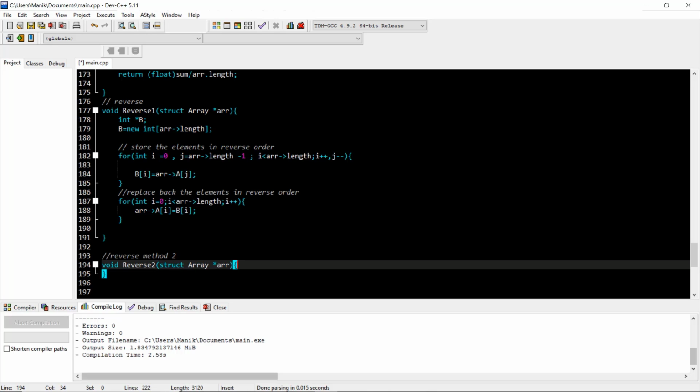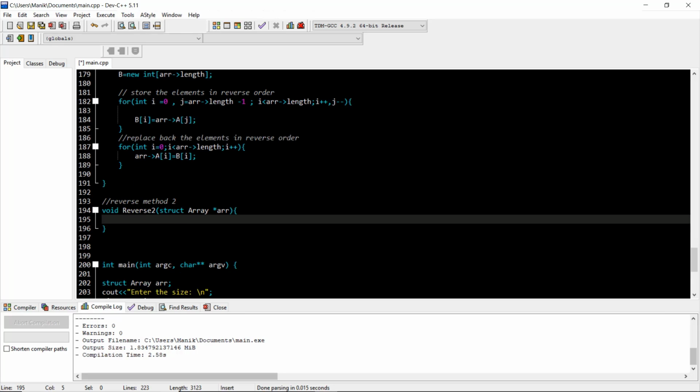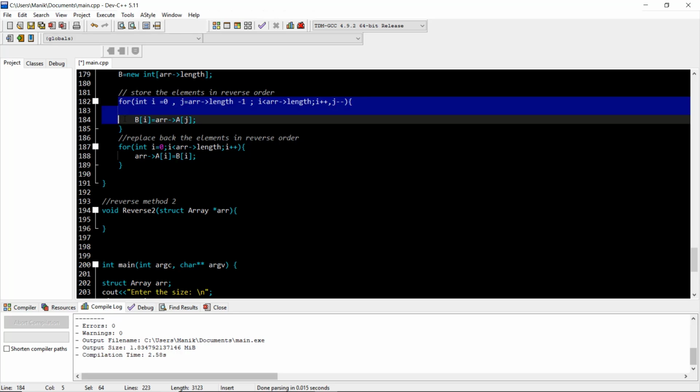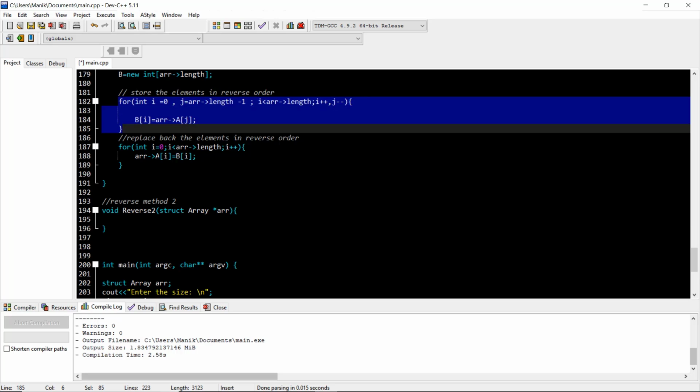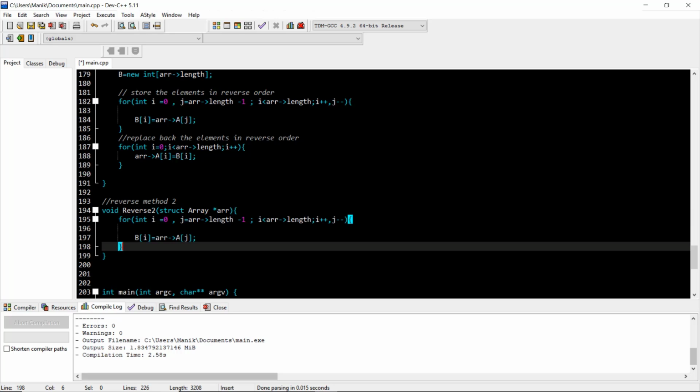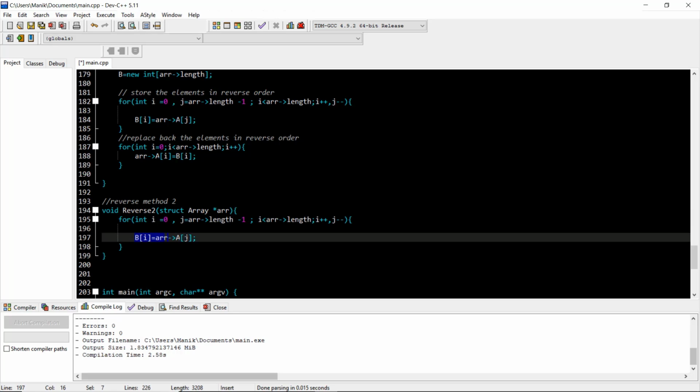Why? Because we are doing some modifications. So actually, we are just taking this for loop. Okay, it's very important for you to take this for loop. Just don't take this thing.